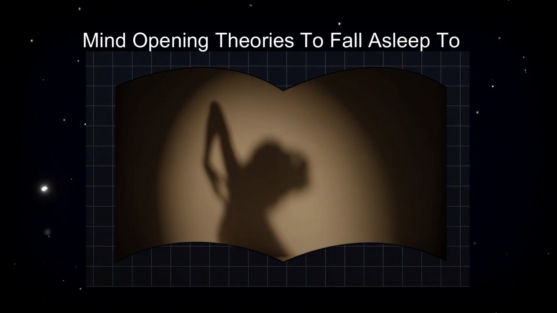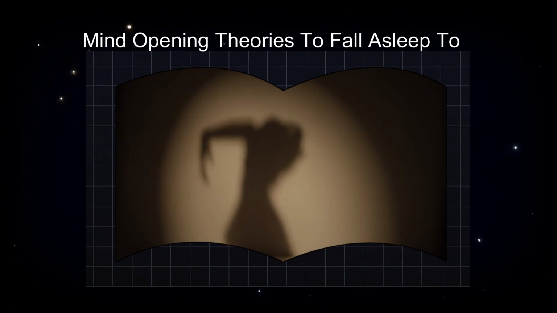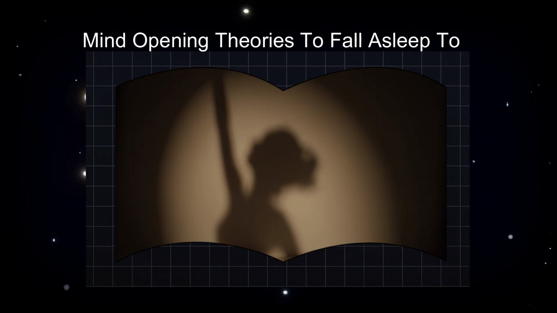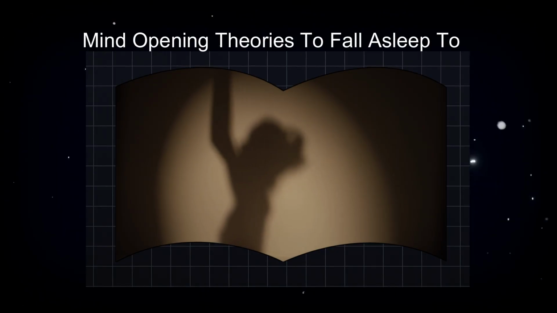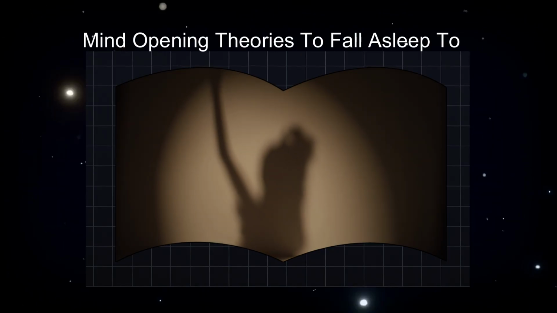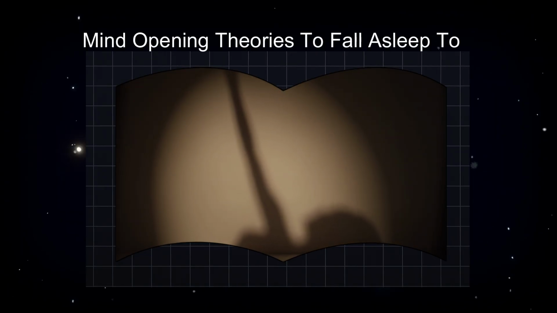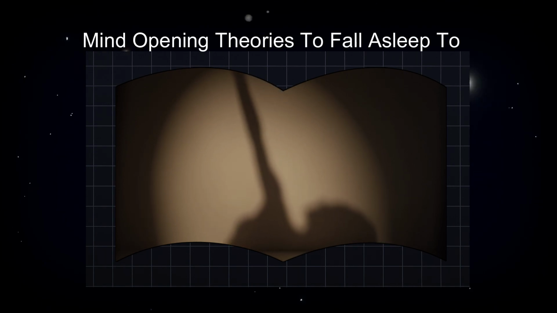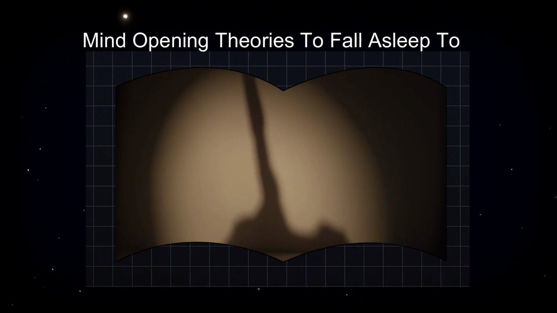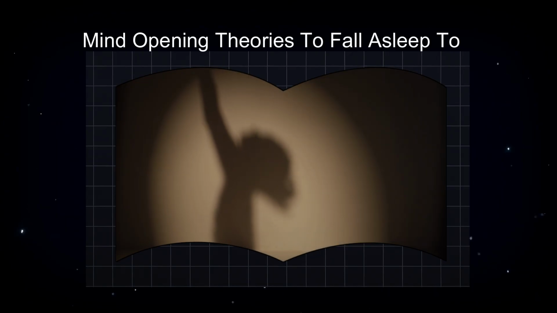Panpsychism versus materialism. This idea stands in sharp contrast to the dominant view in science, materialism. Materialism argues that everything, including consciousness, is made from physical matter. It says consciousness only arises when that matter reaches a certain level of complexity, like neurons firing in the human brain. So under materialism, before there were brains, there was no consciousness.